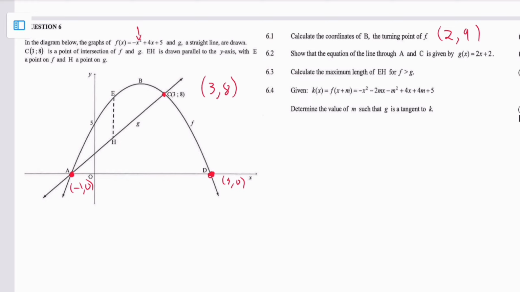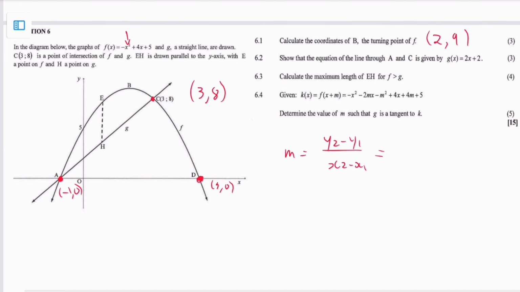How do we find the equation of a line through 2 points? Firstly, what is the gradient? It is just given by this formula. And so we can just say 8 minus 0 over